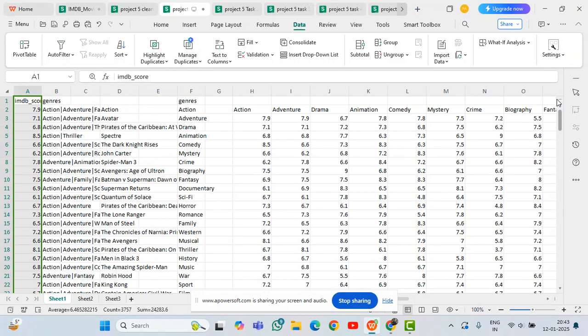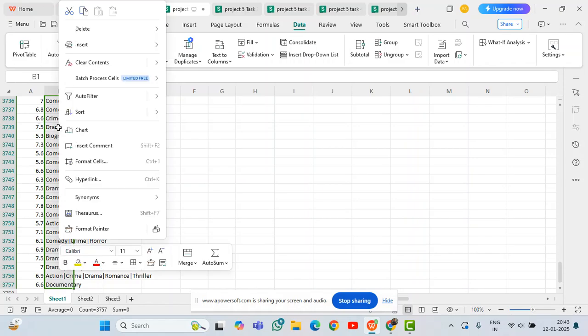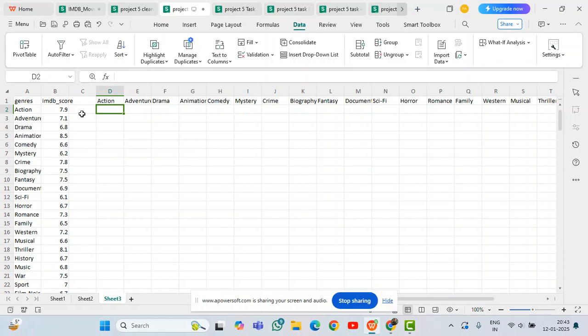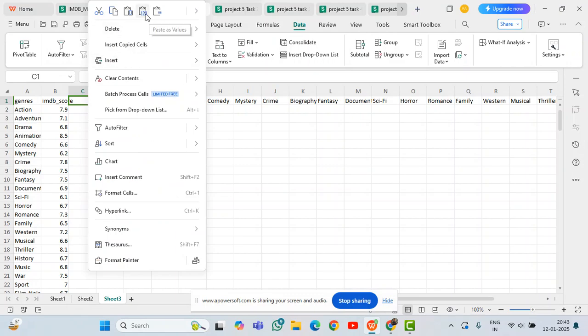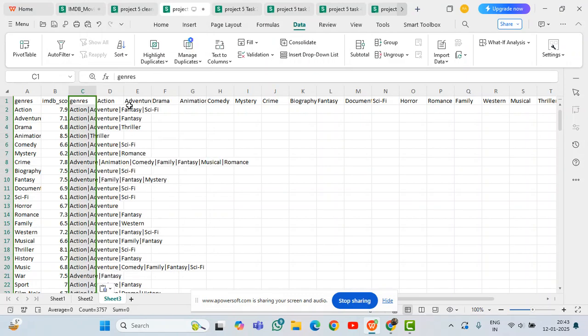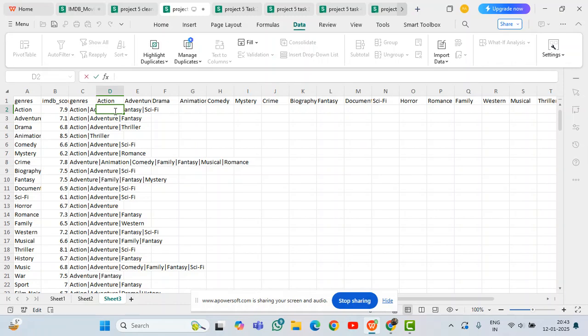But guys, also I will have to copy the original genres section here. Why I will do that, I will explain in a little while. So this is the original one. Paste. Okay, now here is a tricky part. So what we have to do here is we have to bring all the imdb scores that are related to the action genre. So how we will do that is we'll first,